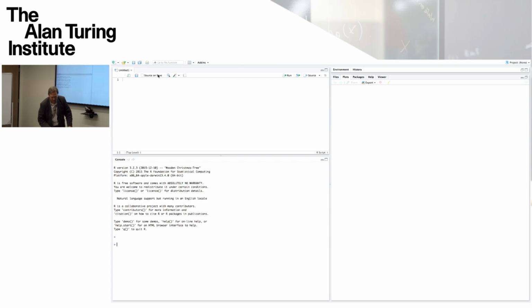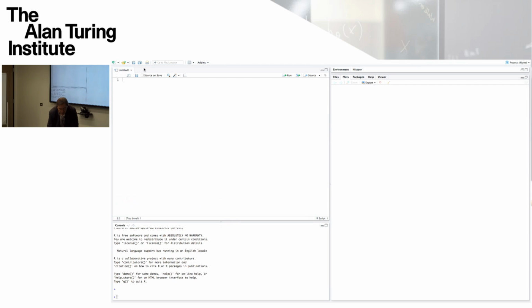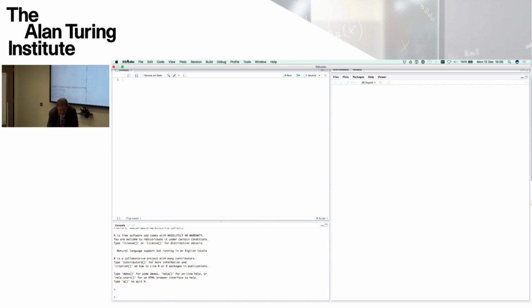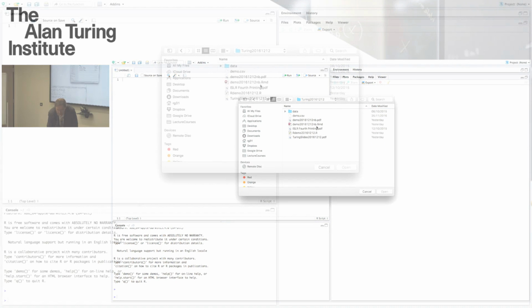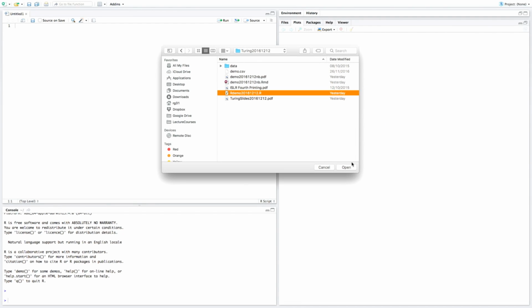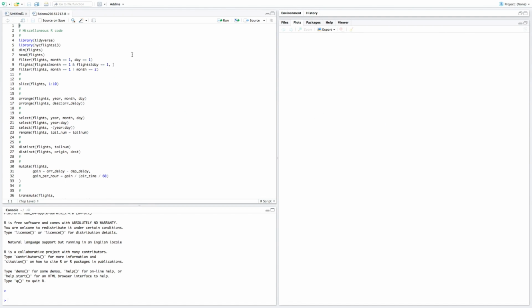So I'll make the console window a bit smaller and concentrate on the editing. Okay. So if we open a file, which is going to be this file here, then inside this window I've now got laid out a number of R commands, and we'll have a guided talk through of this discussion here.